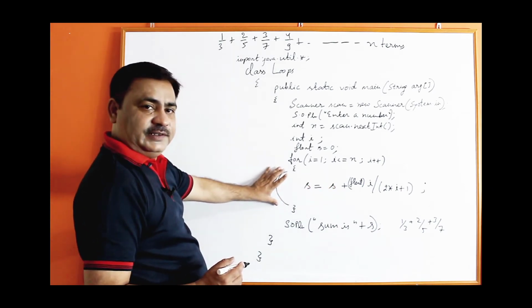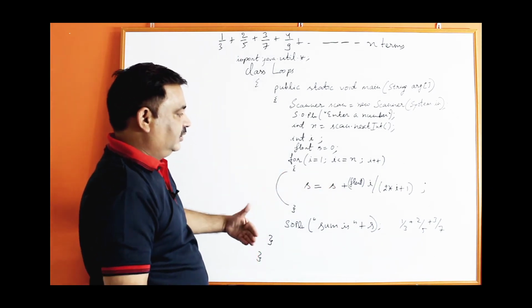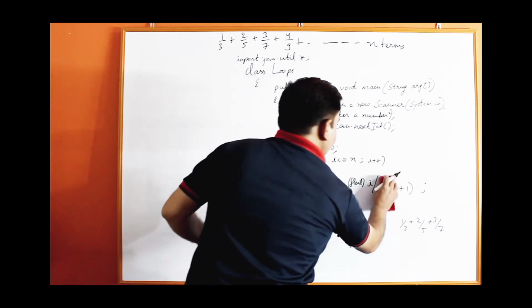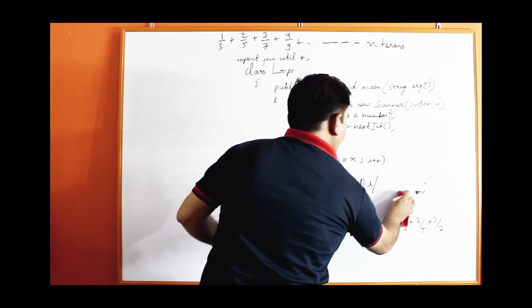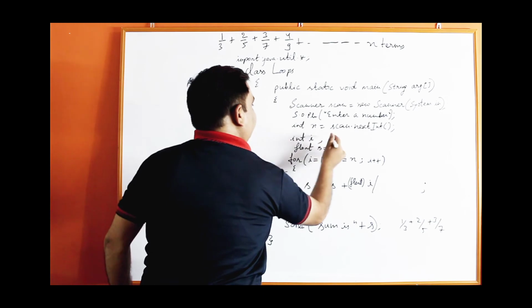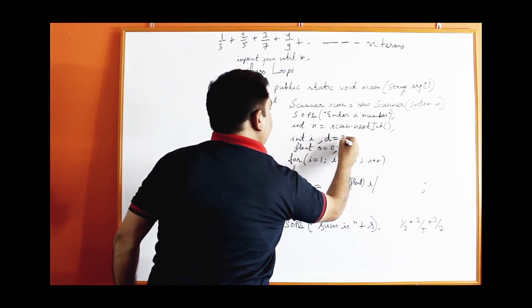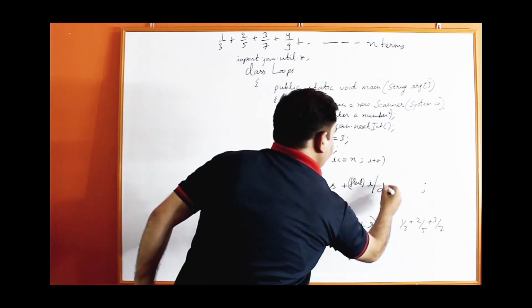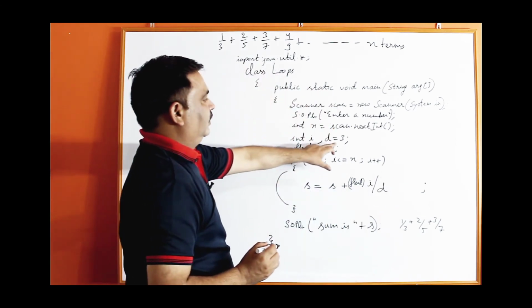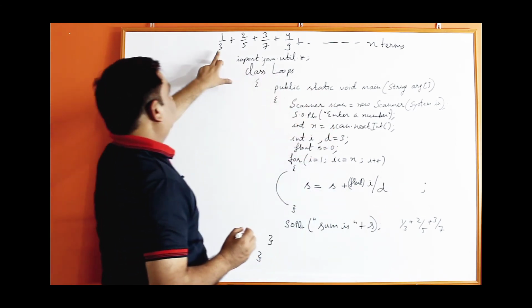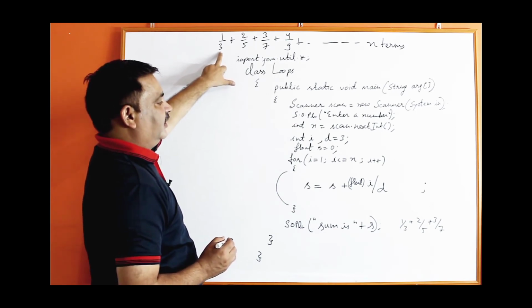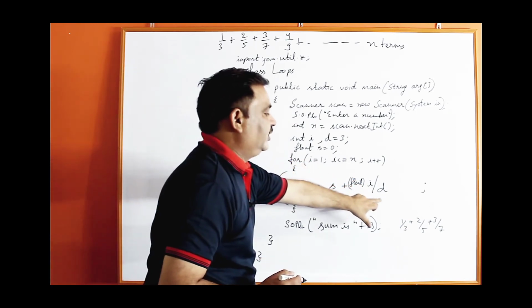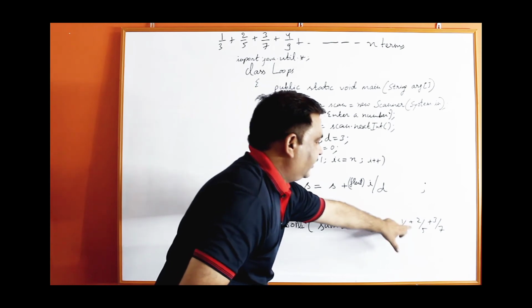This is one way. One more method you can use. Second, instead of writing the formula 2i plus 1, you can take one more extra variable like d equal to 3. I have taken d for the denominator and initialized it with 3. The first denominator is 3 and the first value of i is 1. So 1 upon 3, the first term you will get here.